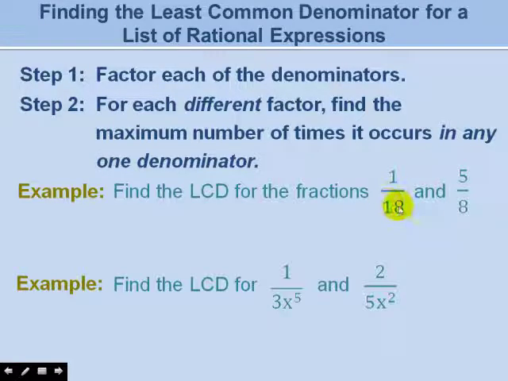So first we'll do this with fractions, where we only have numbers to think about. And then we'll try and connect that and see how that works the same with rational expressions. So if we're trying to find the least common denominator for 1/18 and 5/8, then we'll start by looking at our prime factorizations. So the prime factorization for 18